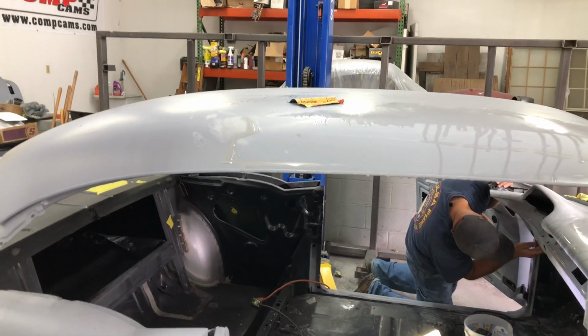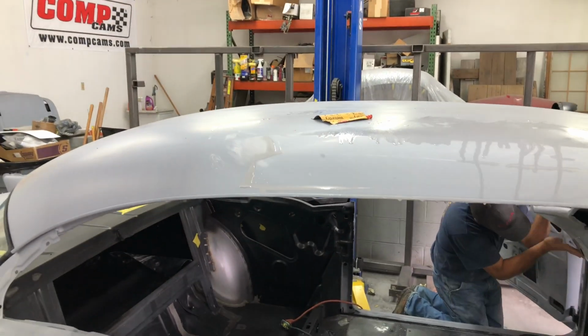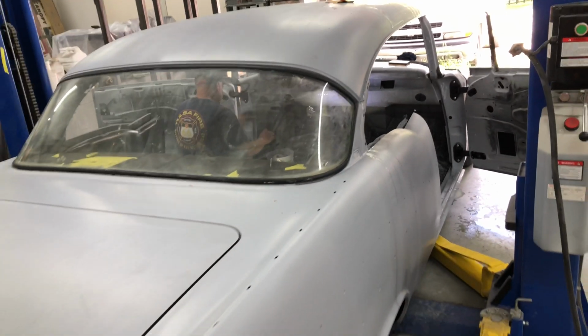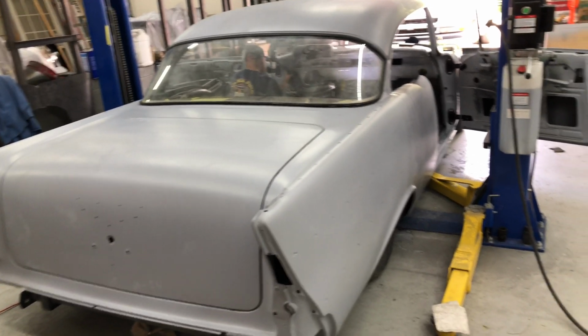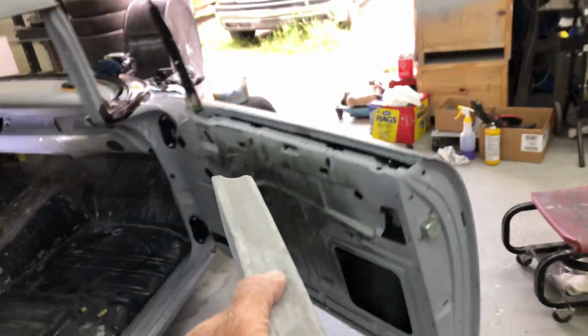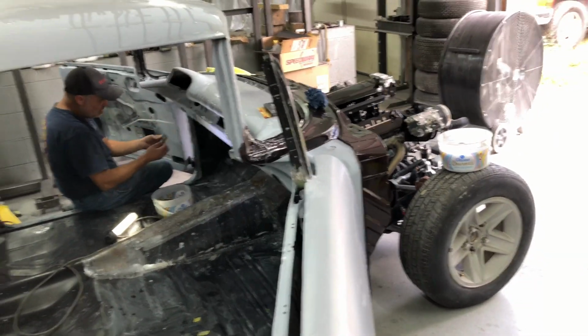But just to help us when we get to Maine to get it painted, a lot less to do, having the dash painted and the roof done and sanded. And then the other parts, basically what we're gonna do is just sand the outside of the car with 400 and 600, and then it'll go in the booth. Having everything else all painted and edged up will be a plus. Obviously, the door jambs get painted at the same time as the shell gets done, as does the roof. And I'm pretty sure he's going to repaint the cowl panel there, but